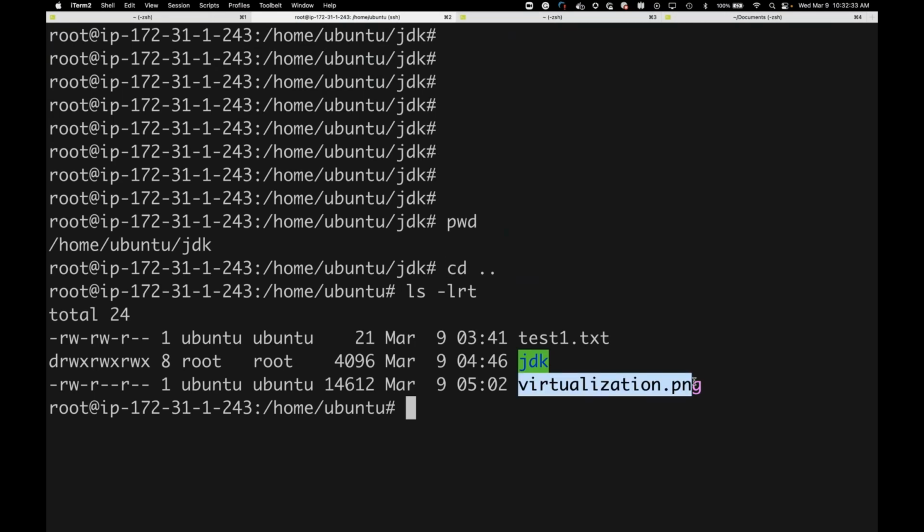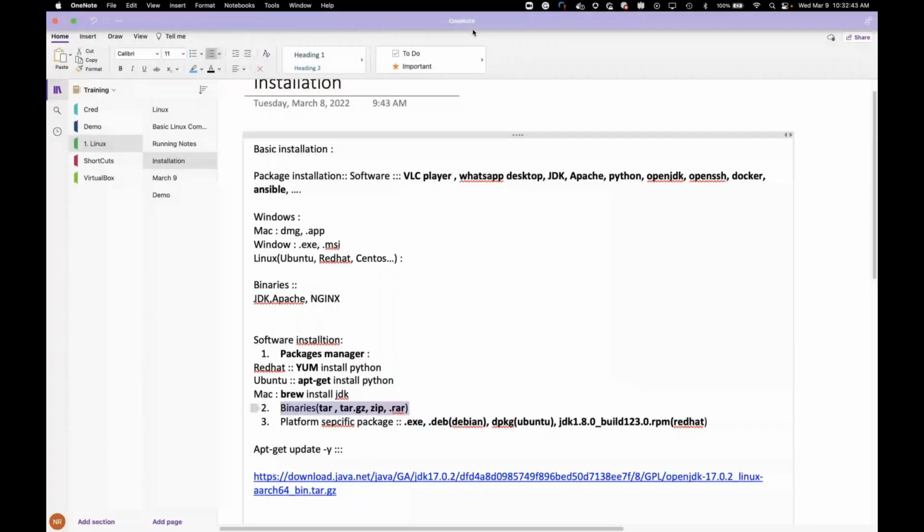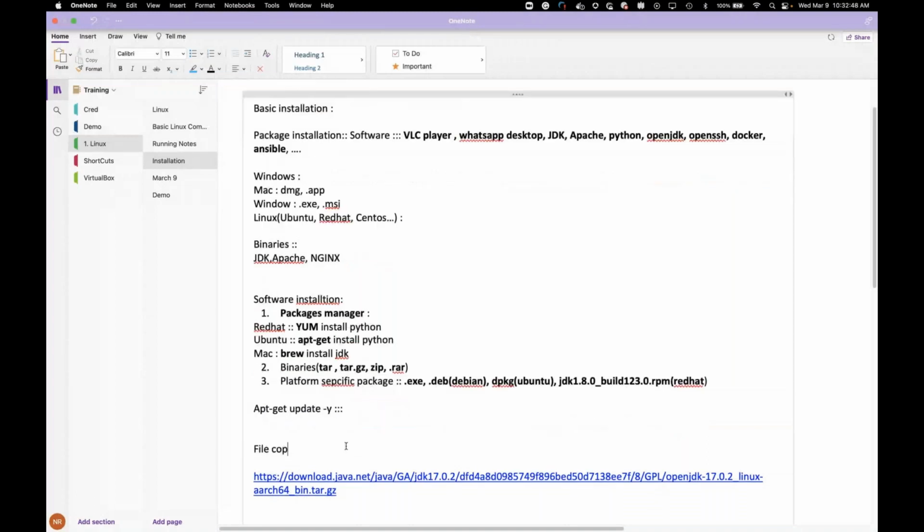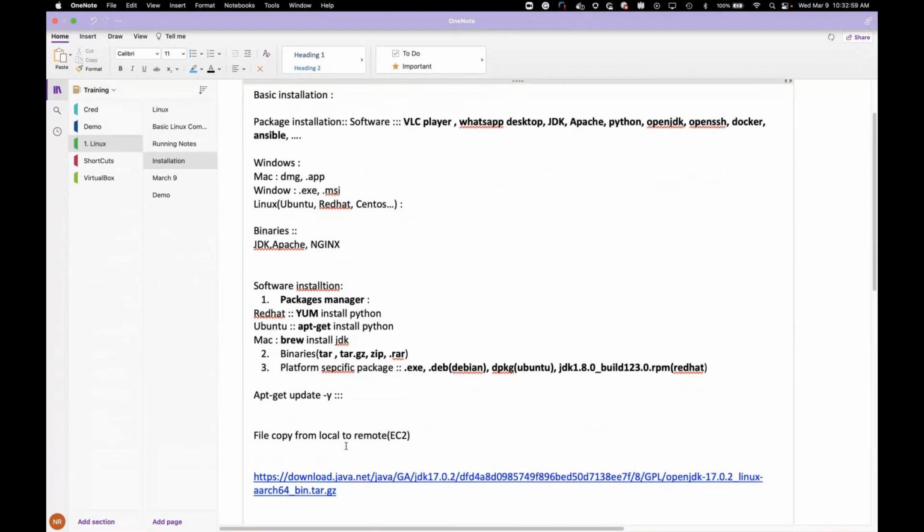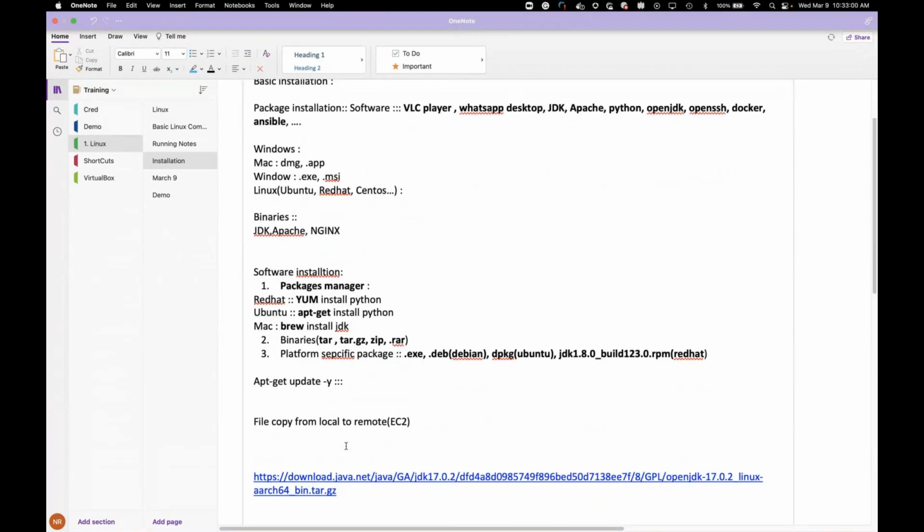If you're using Windows, we have to depend on WinSCP. Copy from local to remote, remote in the sense EC2 instance. So with the SCP command, you give the file name, and the destination is remote. Remote is nothing but